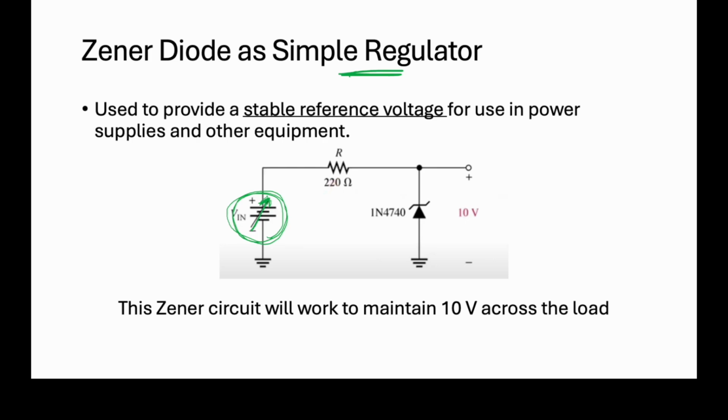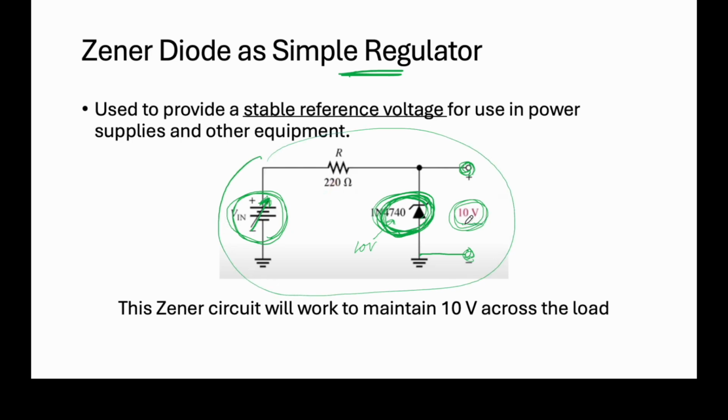However, since there is a Zener diode connected here, when the Zener diode is connected in this circuit, we can make sure that the output voltage depends on the specifications of the Zener diode voltage. Let's say this Zener diode can operate at 10 volts. Meaning that the output voltage for this particular circuit will remain 10 volts no matter how you change or regulate this